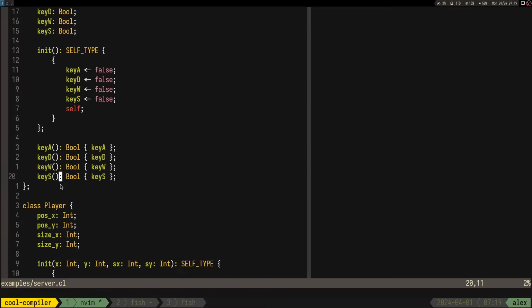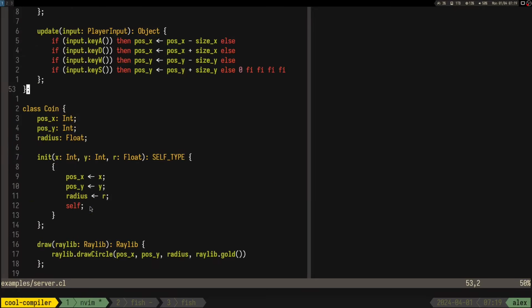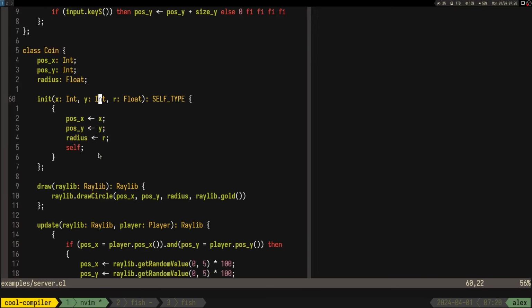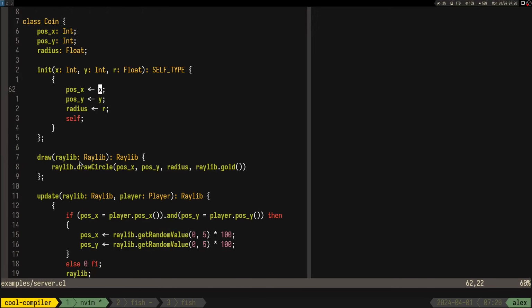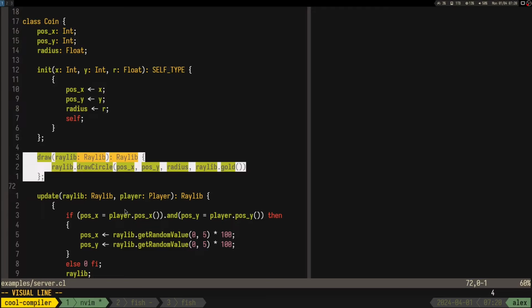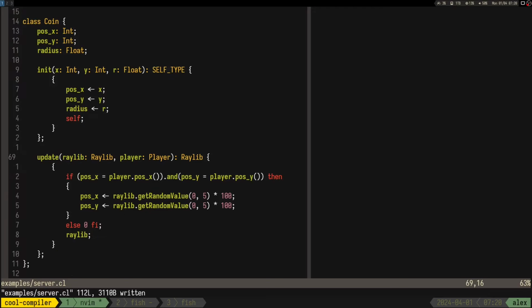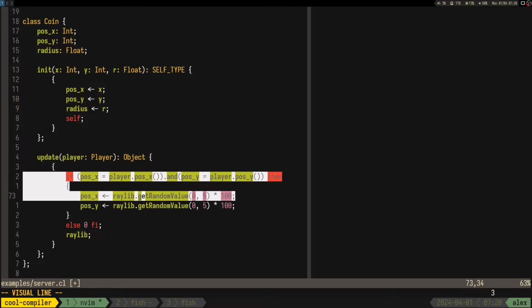So yeah, basically we have the input structure, we have the player, and the coin is gonna be similar, right? We are not gonna need to draw it, so we can remove the draw. And in update, I mean, we didn't even need raylib in the first place. So really, update is just gonna take in the player, like one player will have probably a list of players. So yeah, that's gonna be interesting how we're gonna handle the, I don't even think it's gonna be needed though. So this thing,